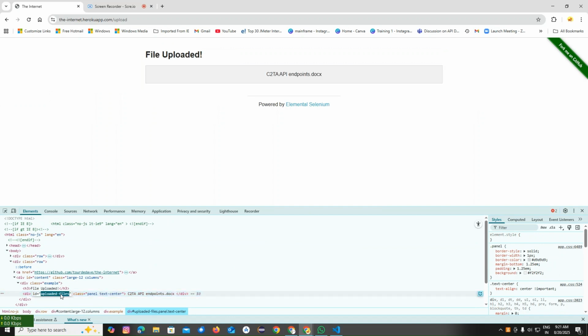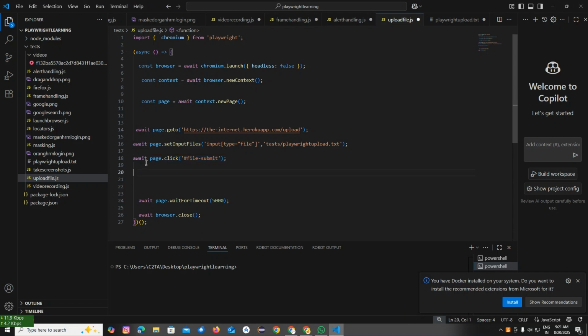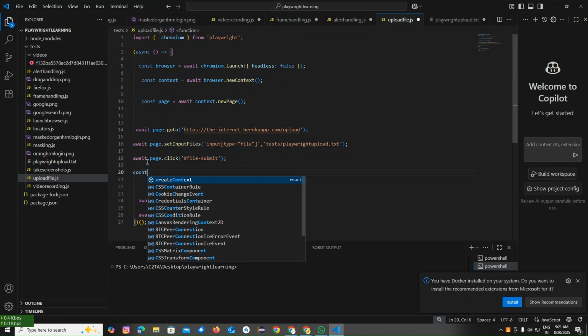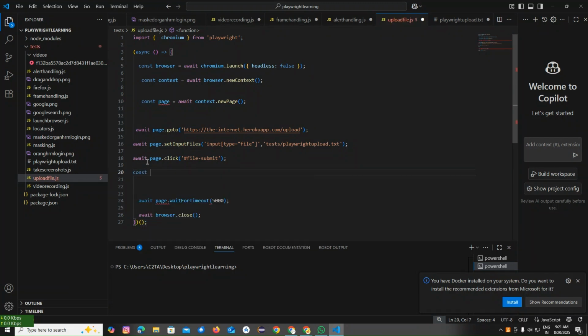There also we have an ID. Now let me go here. I give const uploaded file name equal to,